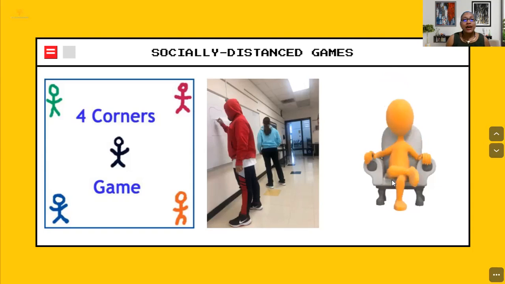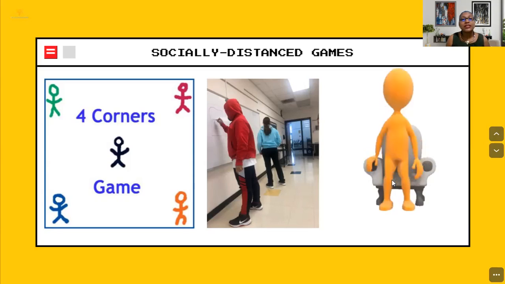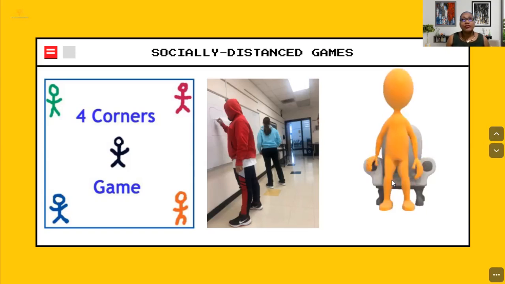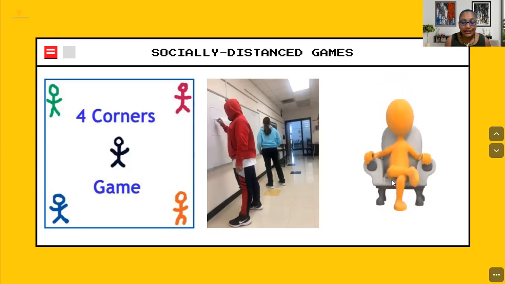Now, you would have a predetermined set of words that the students are not allowed to say. That's like in taboo. And you can use this to test vocabulary. It's a great way to actually check for understanding to see if your students actually know how to explain what they want, to elicit answers from the person in the hot seat. It's an excellent way to get entire class participation. You can even give points to students who are able to come up with the best prompts to get the person in the hot seat to get the answer.